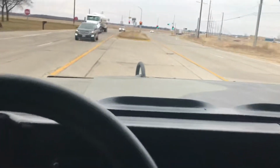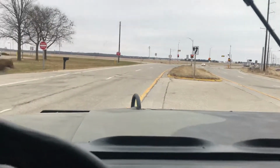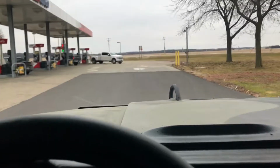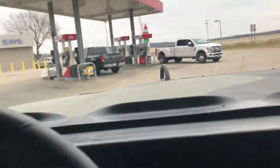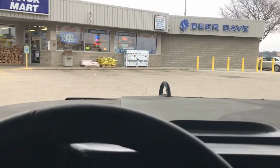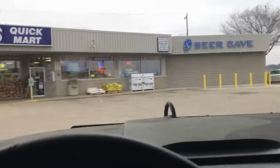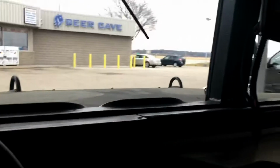It has really good and hot heat, but we do live in Wisconsin here, and right now I think it's low 20s out, and we've been driving for 56 minutes. We've been in the truck, so it's comfortable in here. It's not 80-90 degrees, and it's been on high, running wide open, but it's comfortable. I mean, I got a coat on, but I'm not freezing by any means. It's fairly comfortable. But yeah, if it was much lower than it is out right now for temperature, it probably would not be great